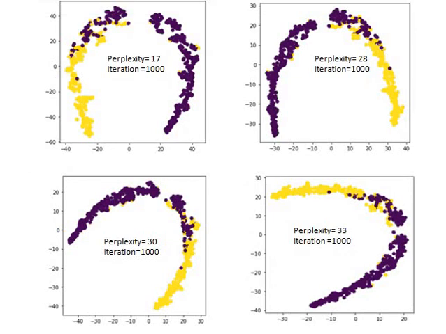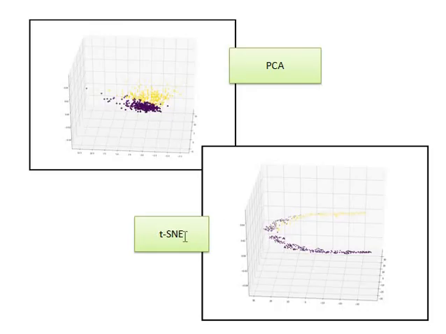So we should give the right numbers to these two parameters, iteration and perplexity, to get our output as good as possible. Now let's see the 3D visualization of PCA and t-SNE. When we apply PCA on a particular dataset and visualize it, our dataset looks like this. And when we apply t-SNE on the same dataset, our visualization of the dataset looks like this. You can see the clustering of the dataset. Here we can see there is a clustering of the dataset.